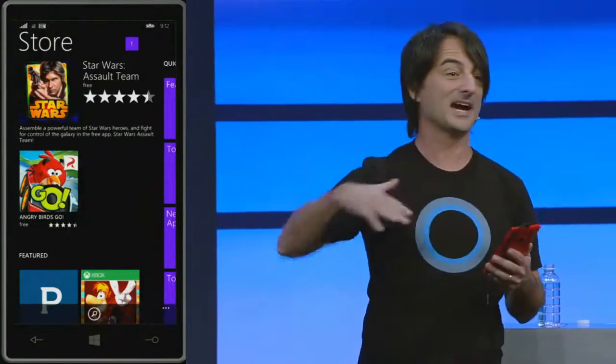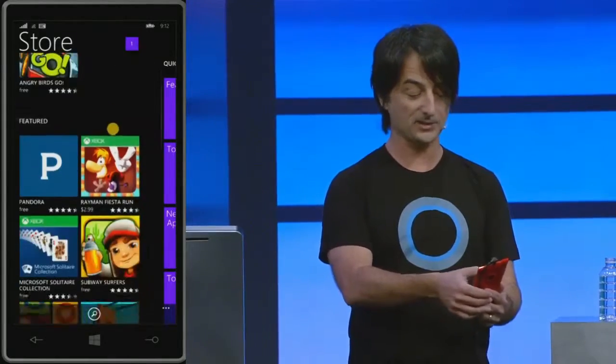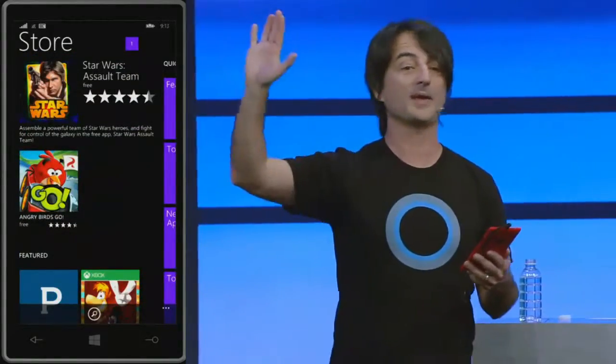We want end users to be happier finding apps, and we want all of you to be way happier downloading more and more apps and getting more app engagement. So the first thing you see when I open the store, it's all about apps. And in fact, it lands on a new page that's about featured apps, which we can program its visual appearance from the service. We can change these groups. We can change the size of the tiles. So if there's a big launch, boom, an app gets a huge tile, and the user will be massively invited